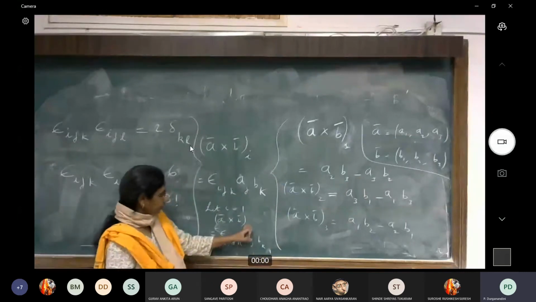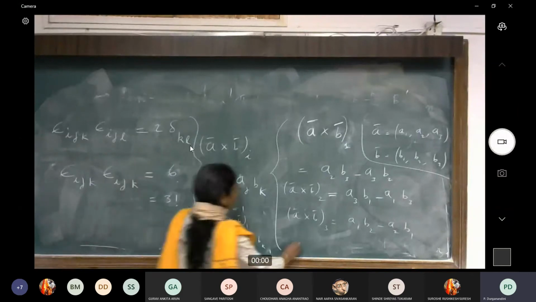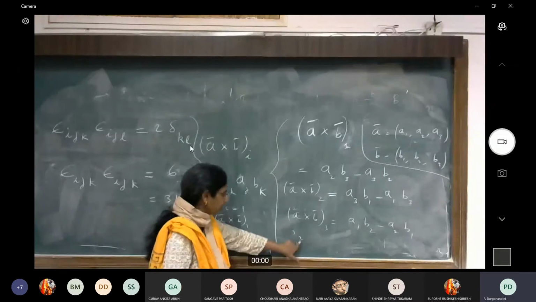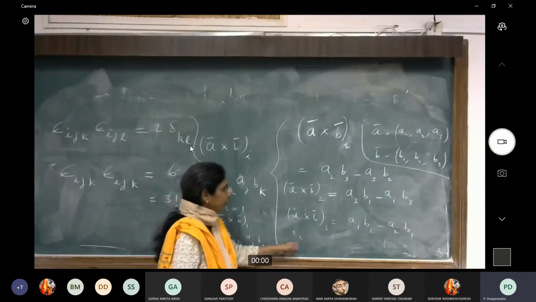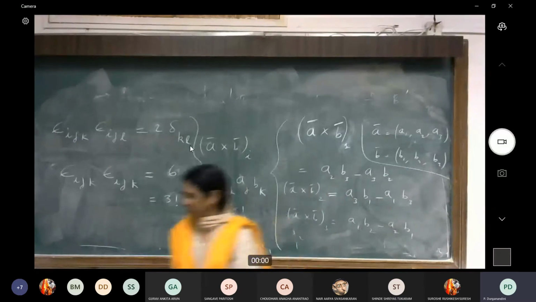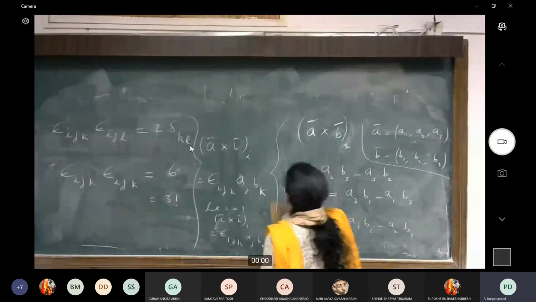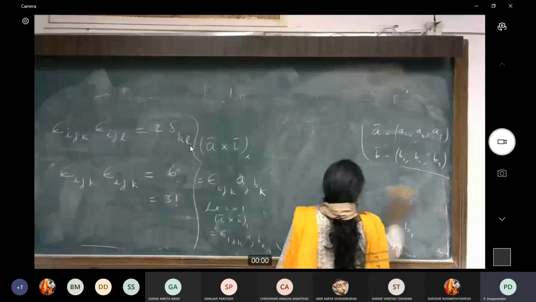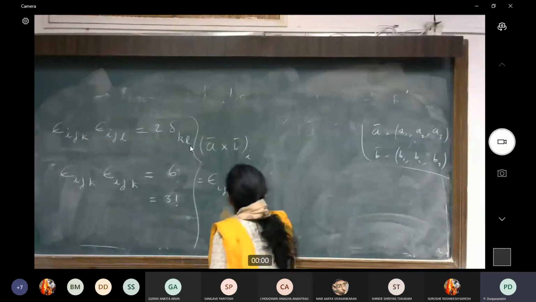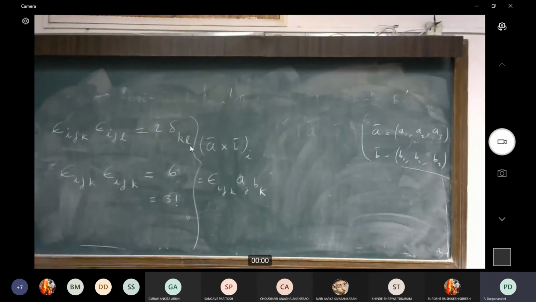Similarly, now if I put 2 here, then in that case I can get 1, 2, 3. So basically you take symmetric combinations, a cyclic way, permuting 1, 2, 3. So I put 2 here, now I get 2, 3, 1, so I get 3, 1 here. And if I exchange these two, I'll get a minus. So you can see that this gives you a very compact way of writing a cross product. This is a very useful way of writing cross products, and we'll see more about this particular identity in just a little while.